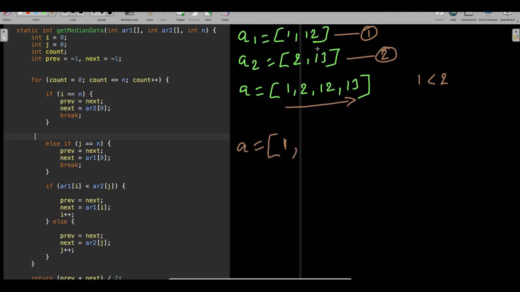Now the last element of A1 is the highest in this array, and the last element of A2, which is nothing but 13, is the highest in A2. So when you compare the highest, that is going to be the end one. This is also guaranteed. Then what don't we know? We don't know these two indexes, because there are 4. This we have to write some logic to fetch, these two data. Because these two we can easily figure out, but these two we have to write the logic.